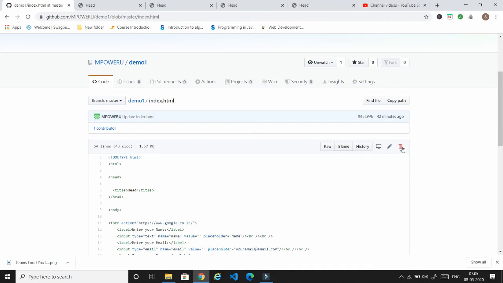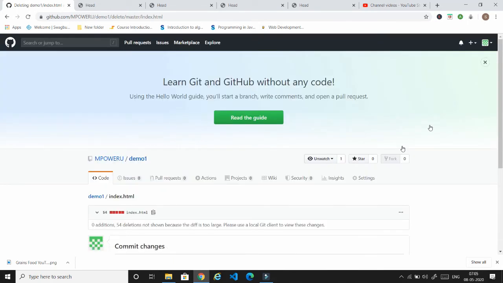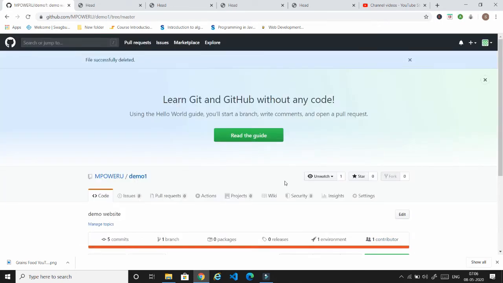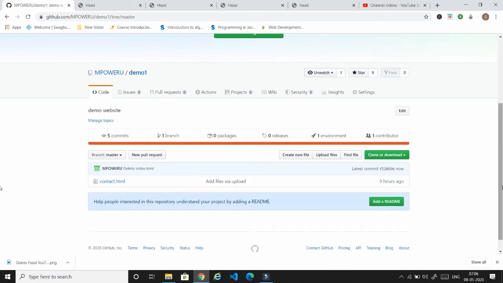Now I'm just going to delete this HTML file, index.html. As I am having content.html, I can publish my website. We need an HTML file for publishing our website, so I am having a content.html file.